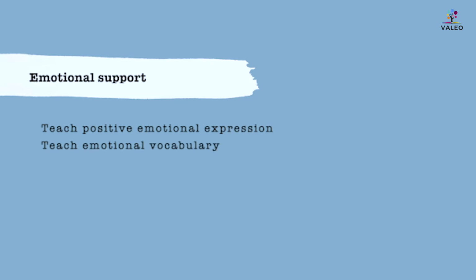I think that kind of brings us on nicely to the part where we want to talk about recognizing and validating emotions in children and young people with autism, and young people generally, but about how we make sure that we are providing emotional support, that we are teaching positive emotional expression, teaching emotional vocabulary from an early age. Yeah. I think one of the really simple things that you can do, or that everyone can do, is that